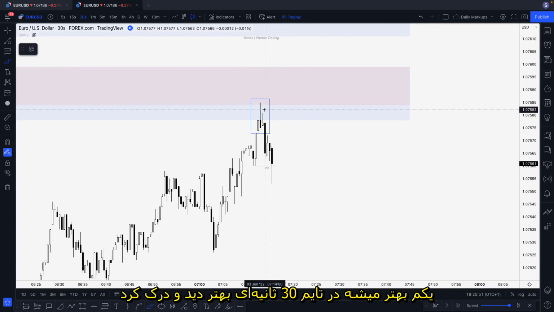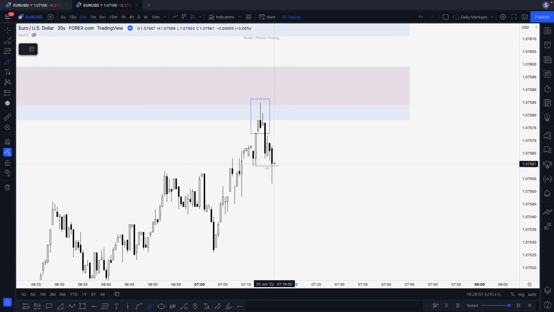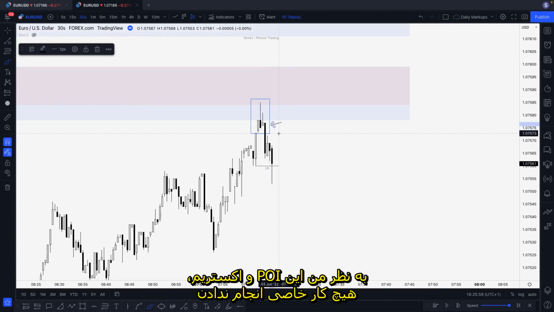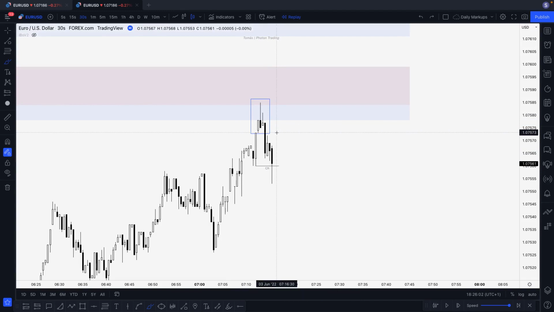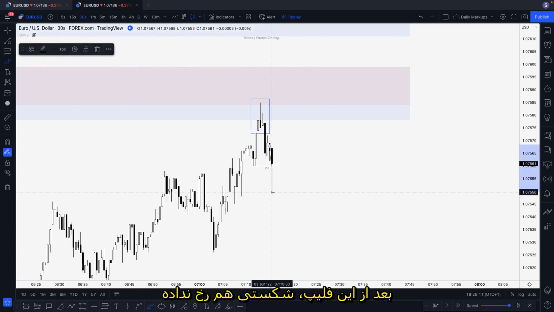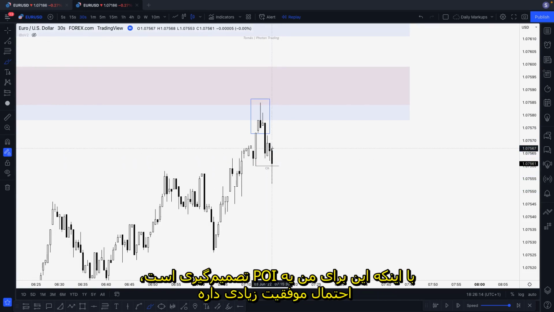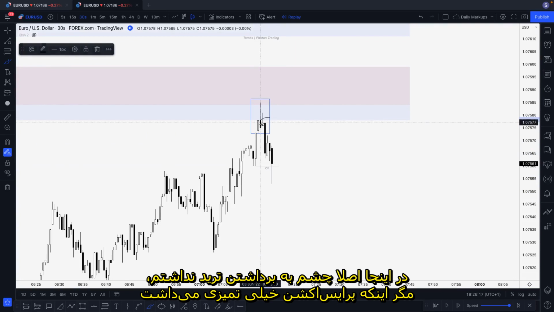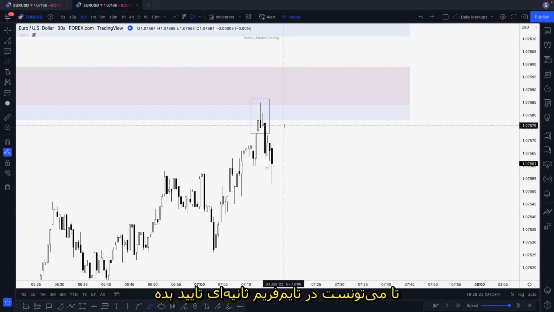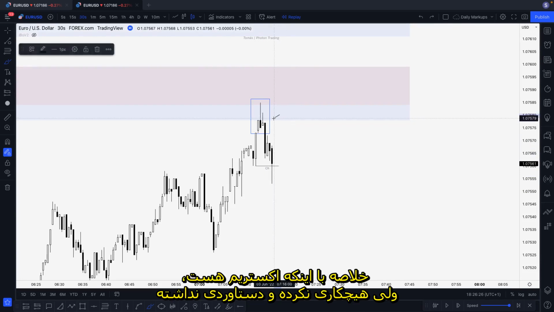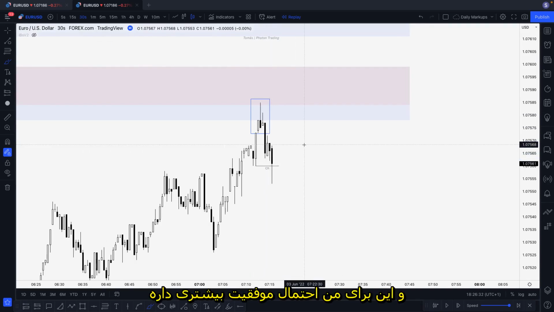Okay, so you can now on 30 seconds understand a little bit better the POI, and this extreme, in my opinion, did absolutely nothing. No interaction, right? Did not achieve anything. The break happened after this flip. So even though it's a decisional POI, for me it was not high probability. I was not looking to take a trade in this unless I have very clean price action to confirm that on the seconds time frame, because I use the seconds. But I understand that for me the extreme, even though it's extreme, is not high probability. It did nothing, and this for me is the most high probability setup, right?